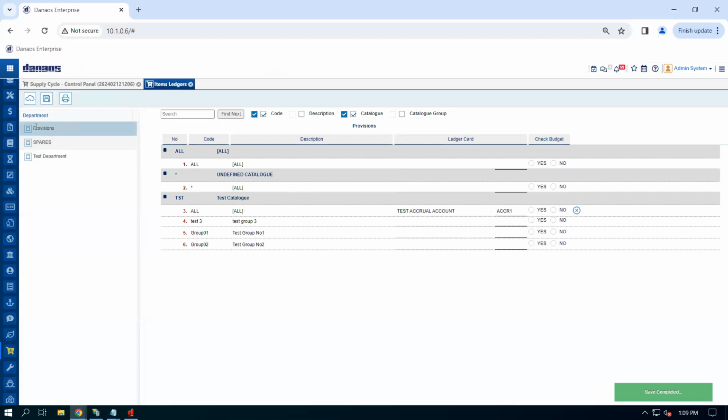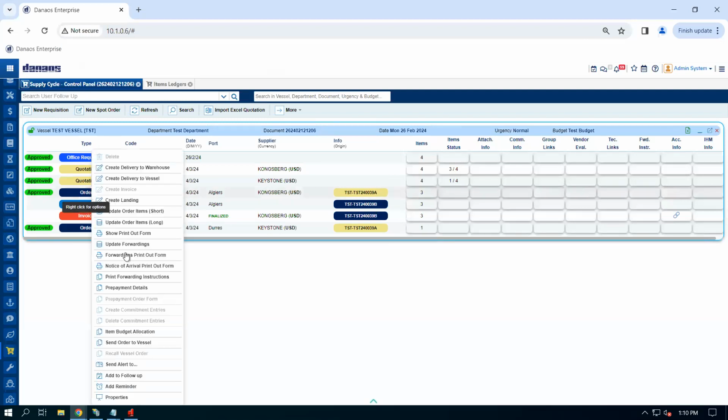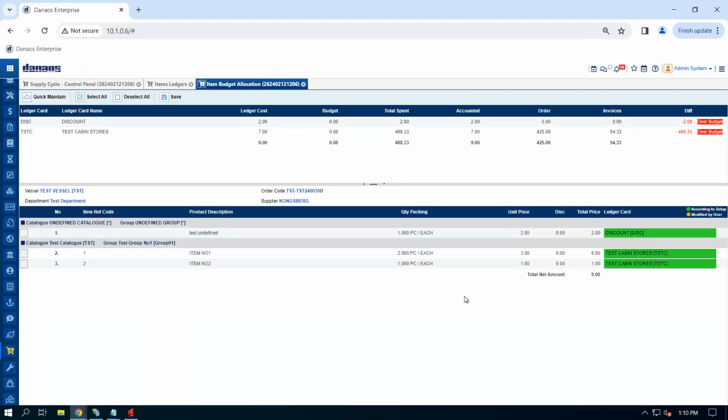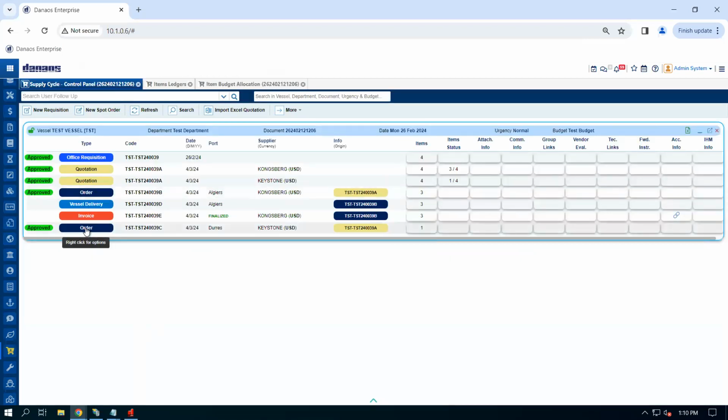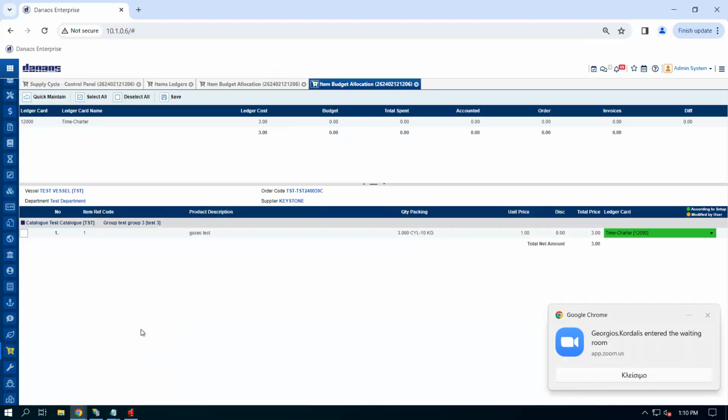Now, if I go and make a requisition about provisions and reach the level of the order, I right click and go to item budget allocation. I am able, as a user, to change the ledger card in which each item is inserted. In this specific case, we are not able to do so because we have an invoice for this specific order. But if I go to the order that doesn't have an invoice yet and right click item budget allocation,